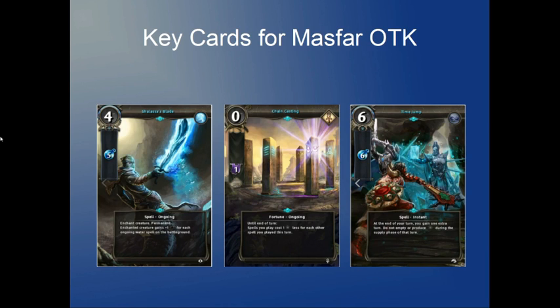Now the strength of Masfar OTK over other OTK decks that have existed is that it has access to prime magic. That means it can play Time Jump. This means it doesn't even have to have a creature out on the board to be able to kill you in one turn. You can play a creature, drop a bunch of buff spells, and then Time Jump, and they can kill you the next turn. So you can't leave any lane unblocked sometimes, and that's why Masfar can be a really frustrating deck for people to play against. I mean, I even get frustrated playing against it, even though I have some counters in my